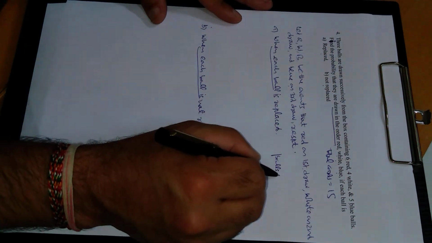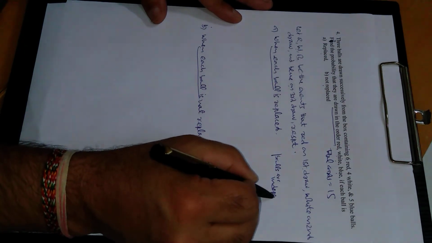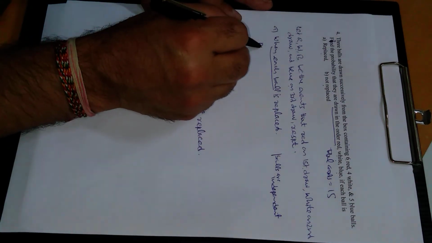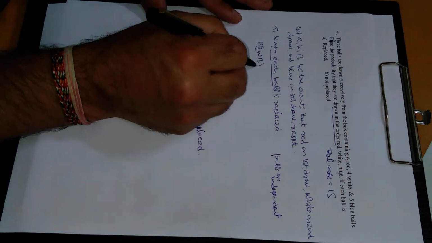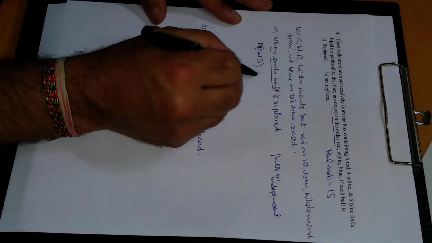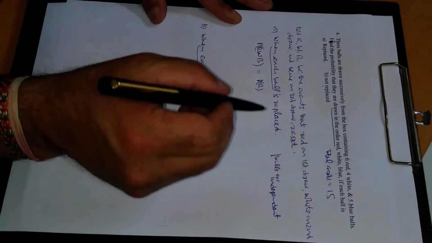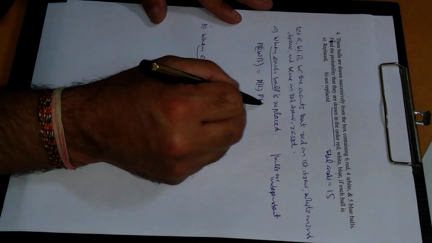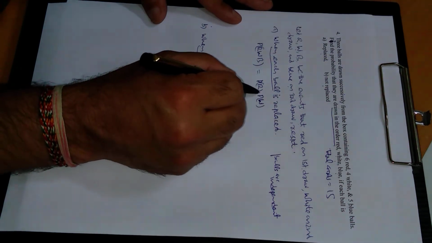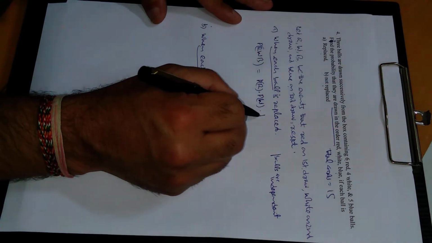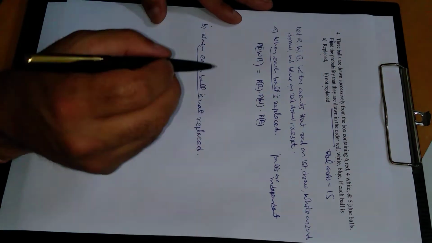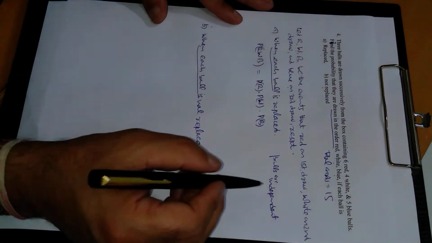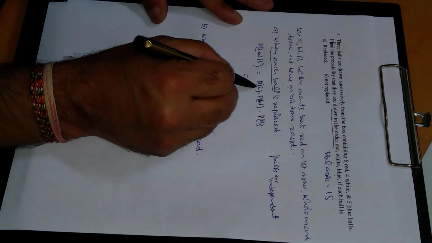We can say the draws are independent. So in this case, the probability of R, W, B drawn in this order is the probability of red, and since they are independent there is no conditional probability. So the probability of the white card will not be affected by R, so this will be simply P(W), and this will also be simply P(B), the probability of a blue card. It will not be affected by either of these because cards are replaced and again available for selection. So independent.